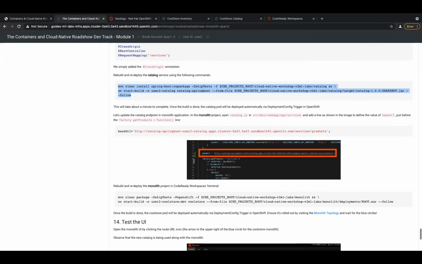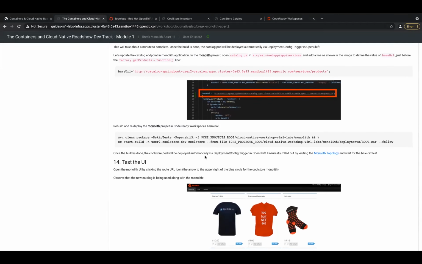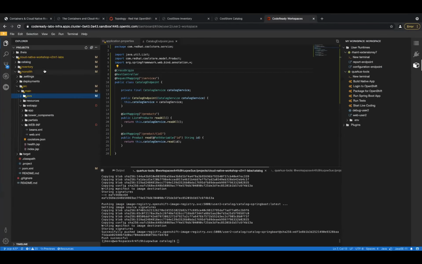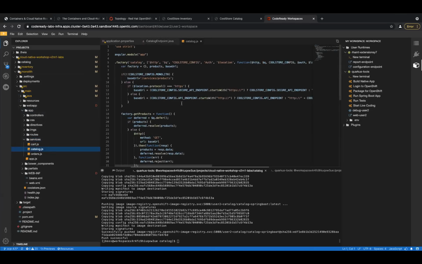So if we check the workshop documentation, it is under src/main/webapp/app/services. And then we will need to find this base URL parameter and change it. So I'm going to the monolith, app services, and I'll need to go to catalog.js,